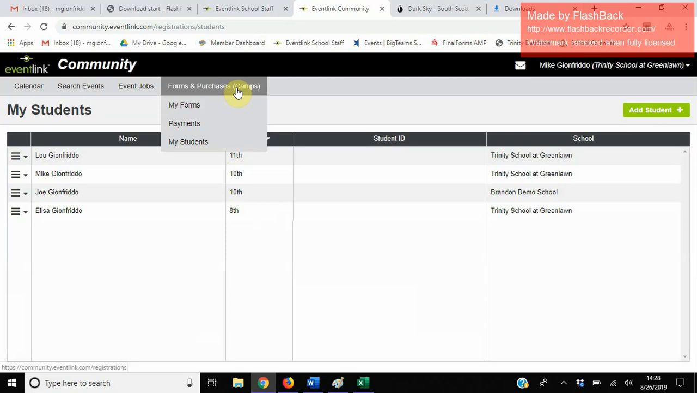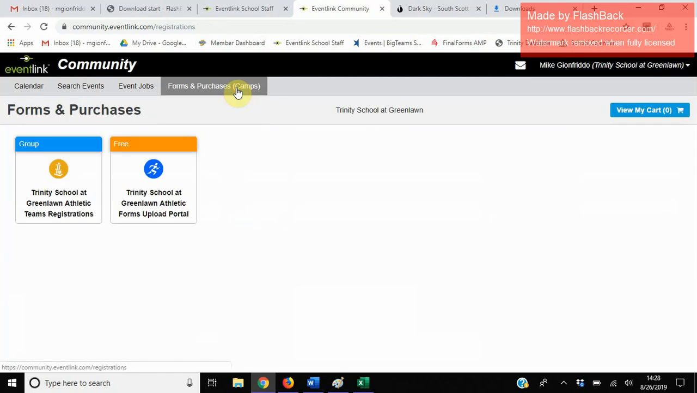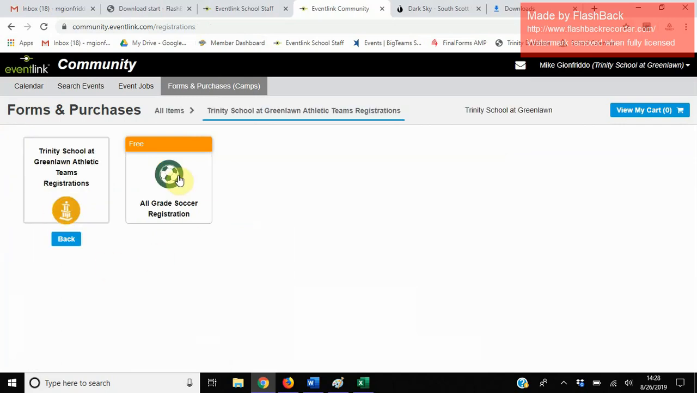Now let's go back up here and click on Forms and Purchases. Come down here to Group where it says Trinity School at Greenlawn Athletic Teams Registration. Right now we only have soccer up, but we'll get basketball and track and field up pretty soon. Click on All Grade Soccer Registration